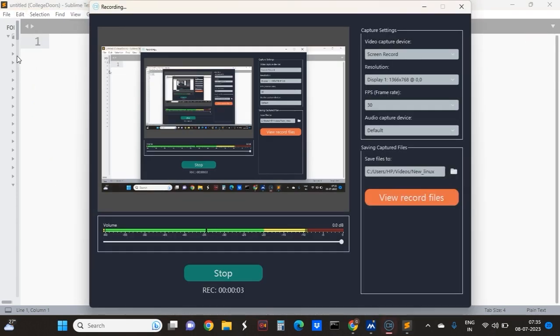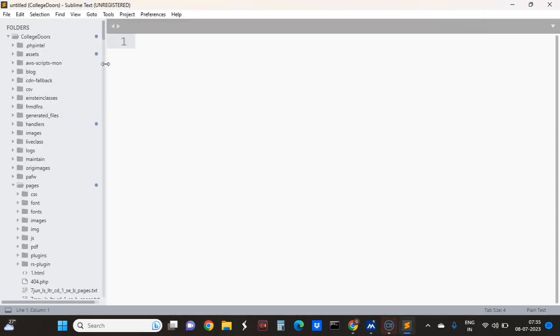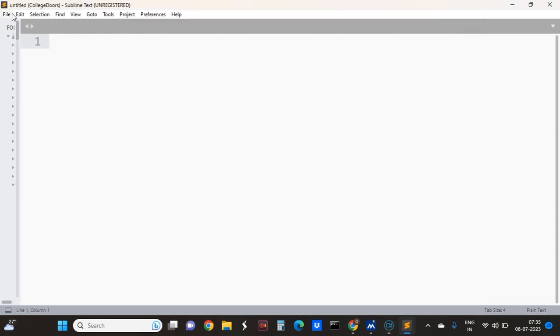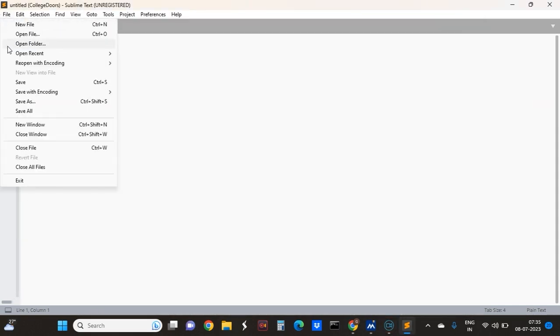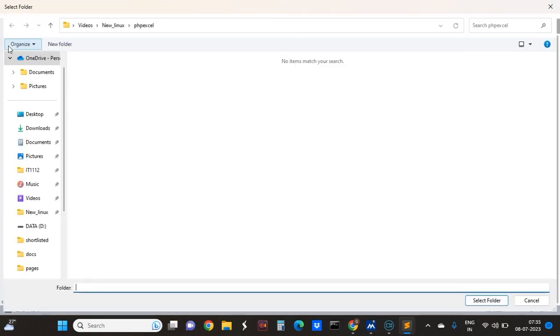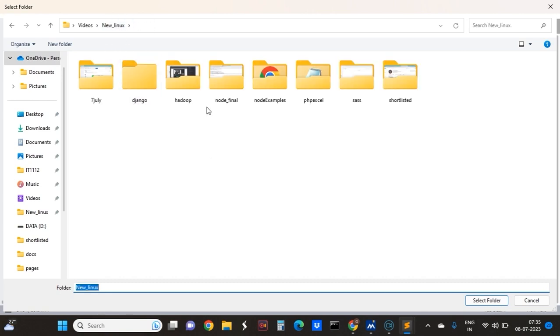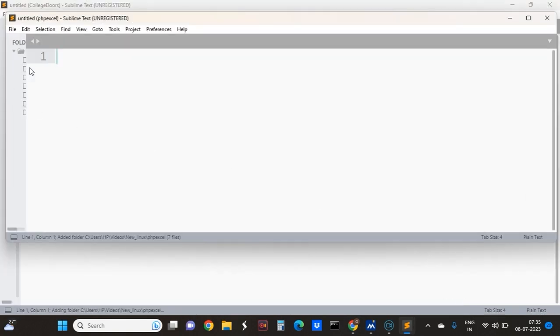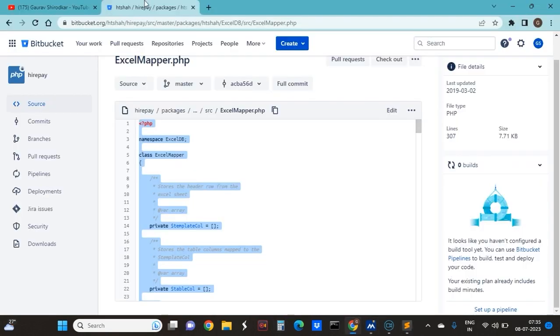Now we will go to the validation rules of the Excel DB. So now I will select this, okay, and select this folder. In this folder there are the files. The first file, the most important, is the service provider. So in this